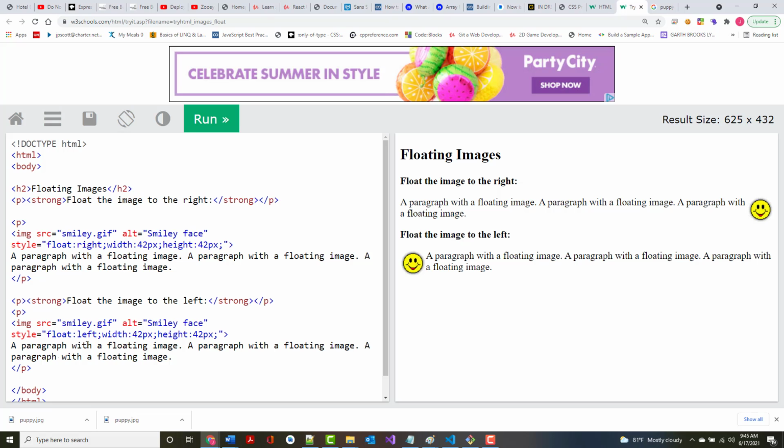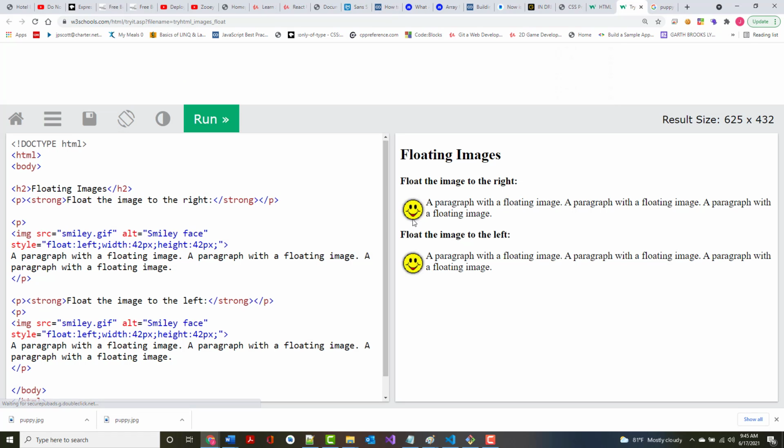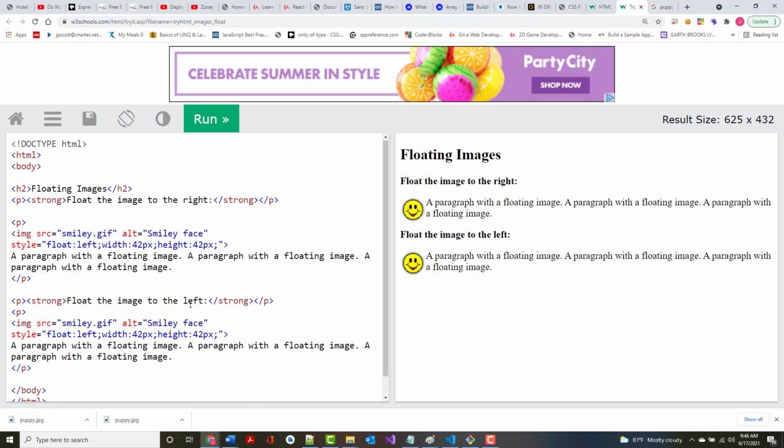All right. And you might say, well, big deal, who cares? Well, notice this one says float right. If I change this from float right to float left and I run it, see how it changed? And if I change this one from float left to float right,